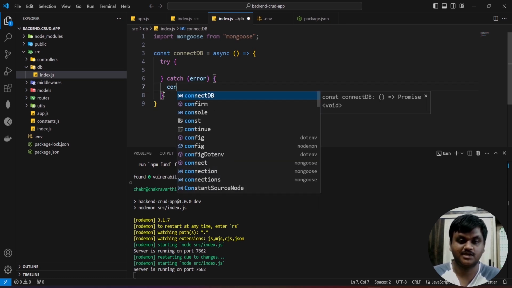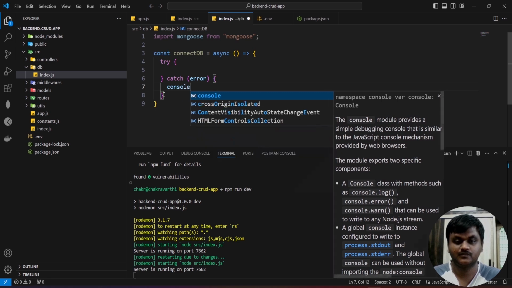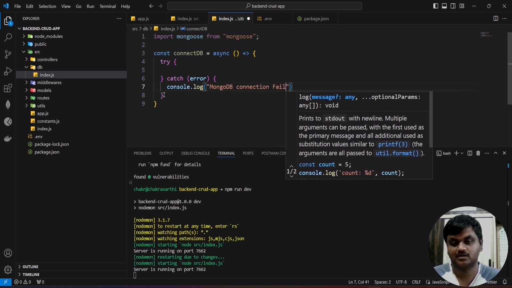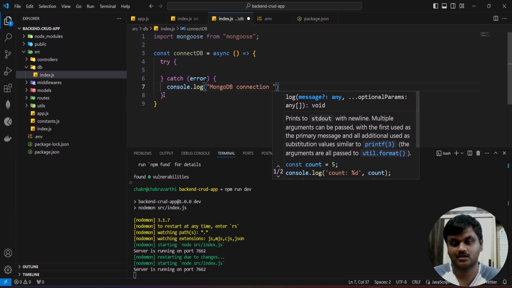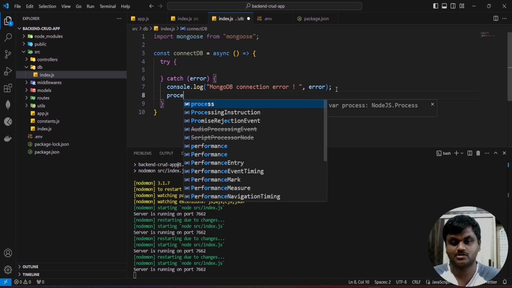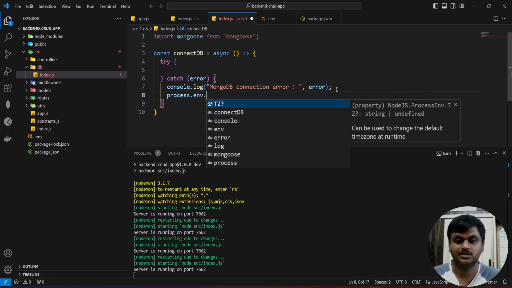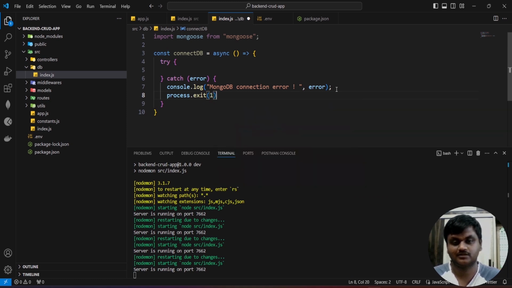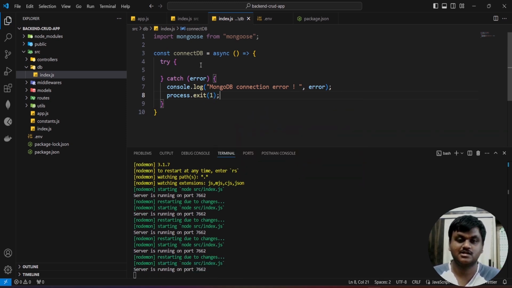In this catch statement, I'm going to log the error, MongoDB connection failed, or error, and you have to terminate this process with process.exit(1). Before writing the connection function, I'm going